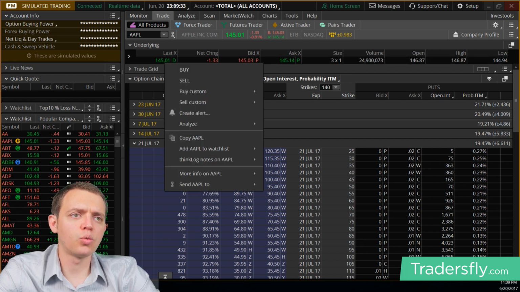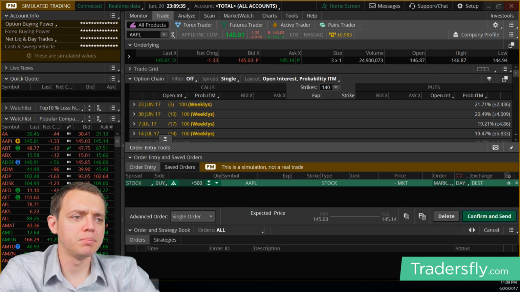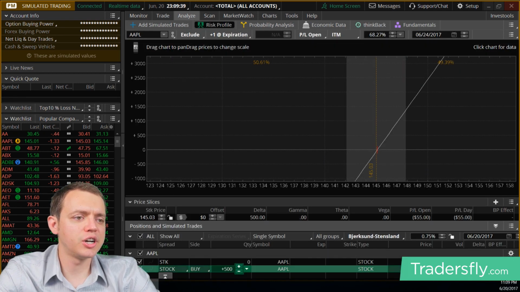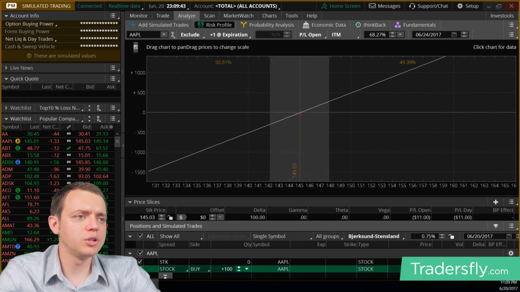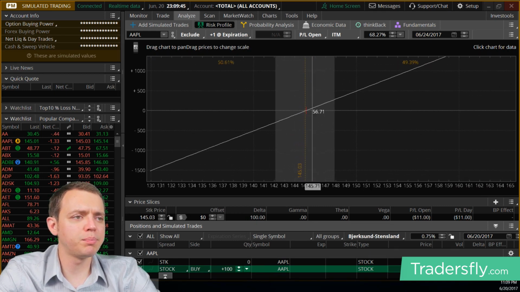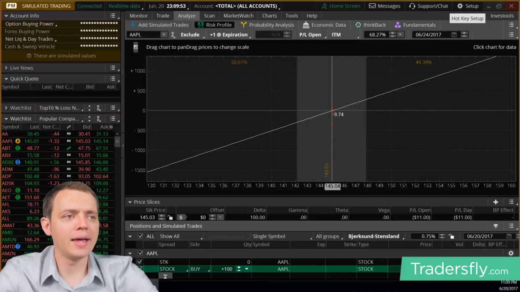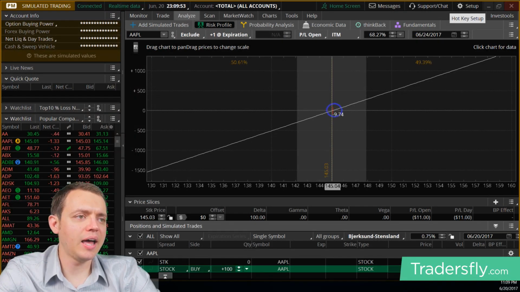So here, if I right click Apple and go ahead and buy this stock, and we'll just evaluate 500 shares. Let's drop it down to 100 shares actually. Okay, so you can see I have this risk profile picture. Here the current price is right around 145.03. If I go ahead and buy this stock at this price point,